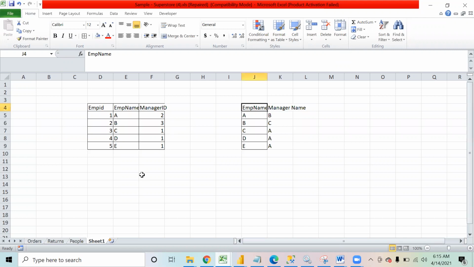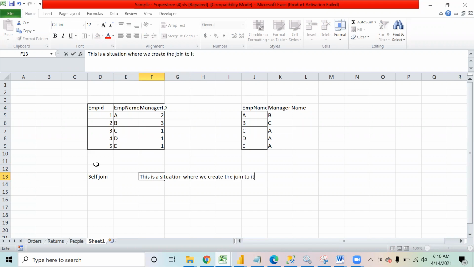This is a question based on a concept called self join. Self join is a situation where we create a join to itself, right? So what we do is create a join with the same table.